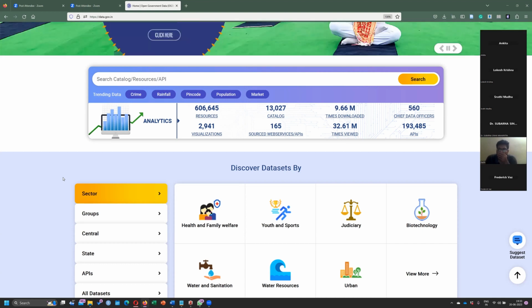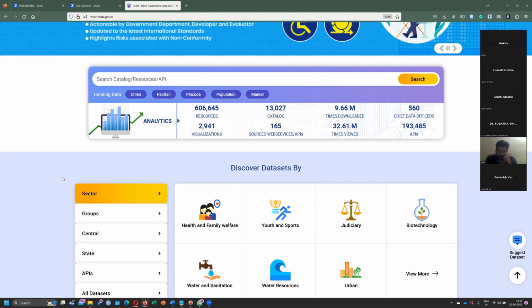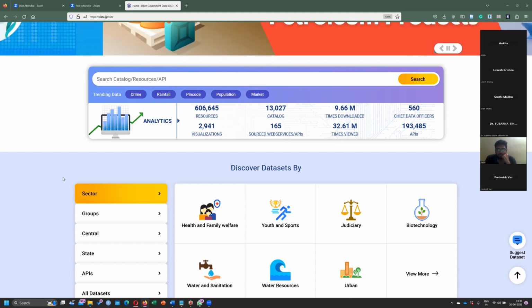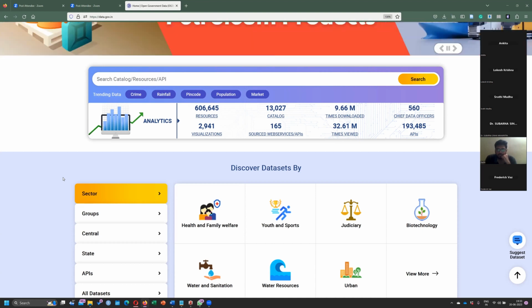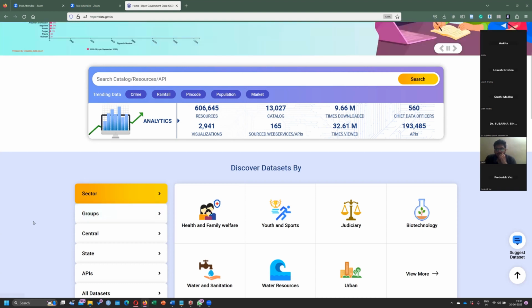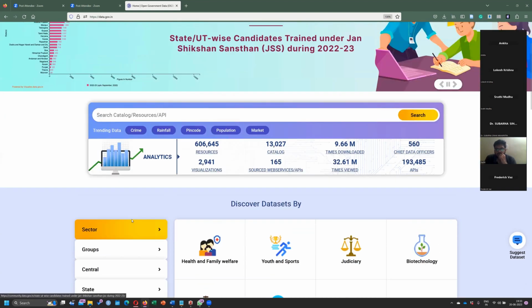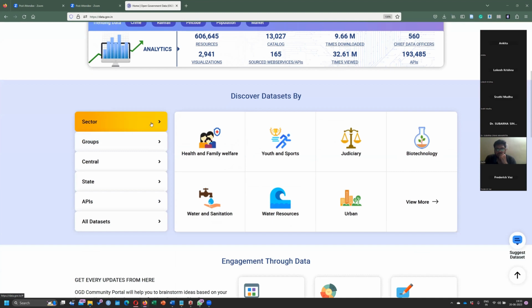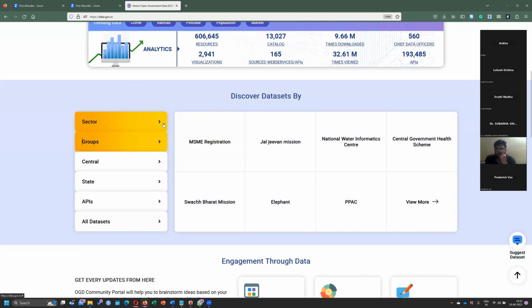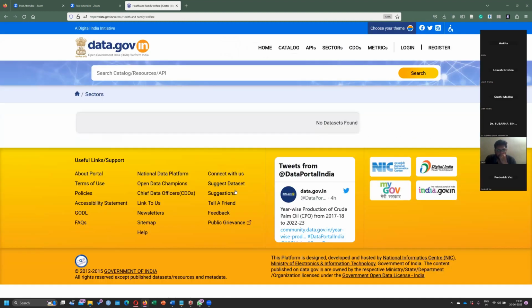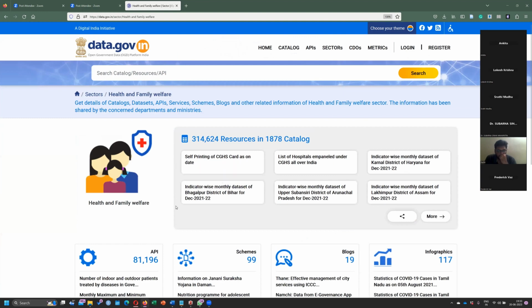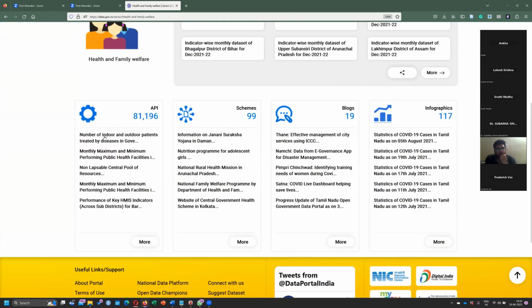Anyway, so, Environmental and Space Research Institute. I'm not sure. I think you guys can have a look at it. But yeah, we'll go there. But let us first pick one data set. I'm doing this exercise again because I want you guys to also do it when you have time. So we are looking at the health and family welfare data set. Do you think, let us take,